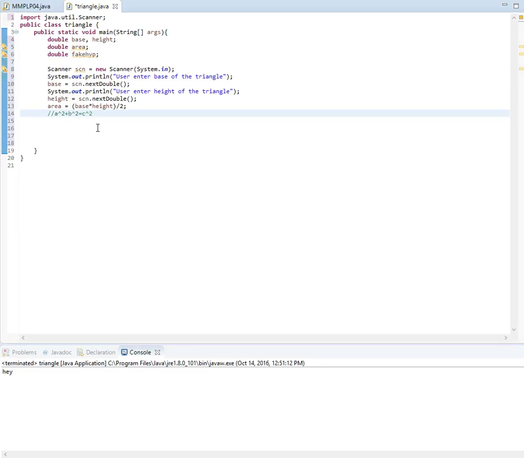Now let me tell you why I'm going to do this. Now watch this. There are different ways that you can go about getting the perimeter, but this is how I would do it. So fakehyp is going to be equal to a squared plus b squared, right? So we can just say, here we can put in,